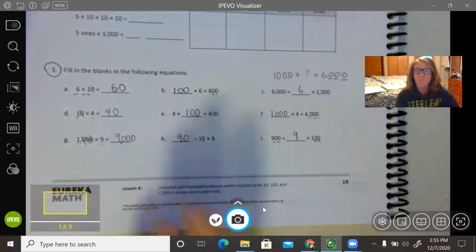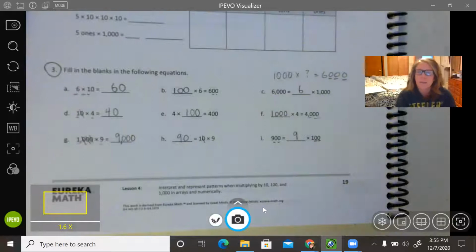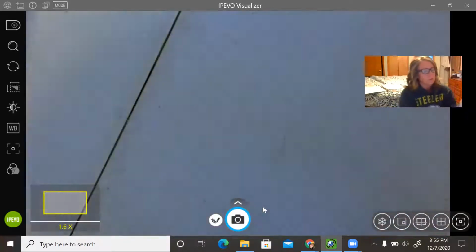So for number 3, we just used our extended facts to break it down and make it a simpler, more basic fact to solve by taking off those zeros. Now we're going to turn to number 5,